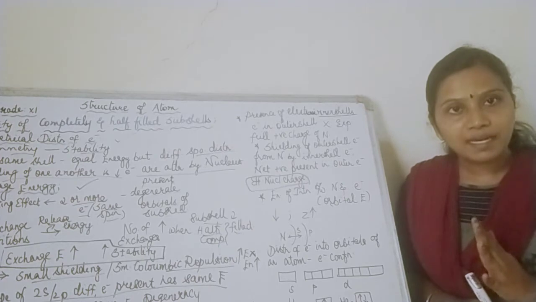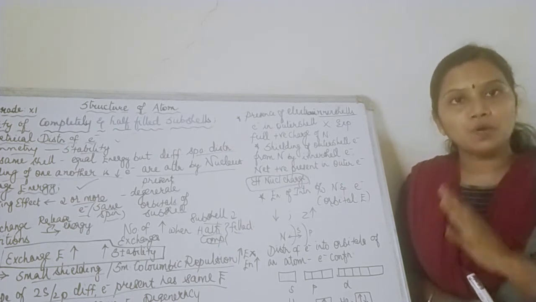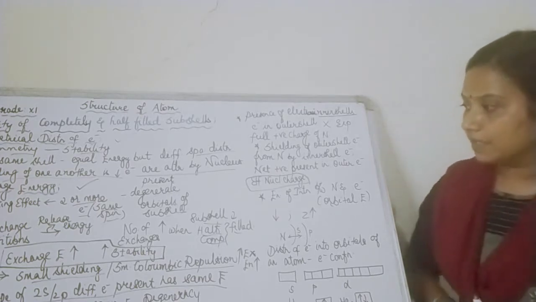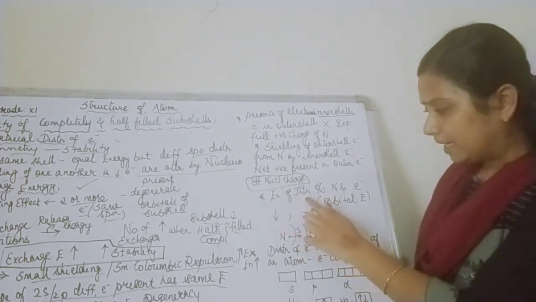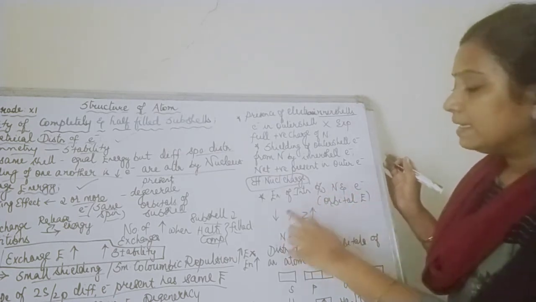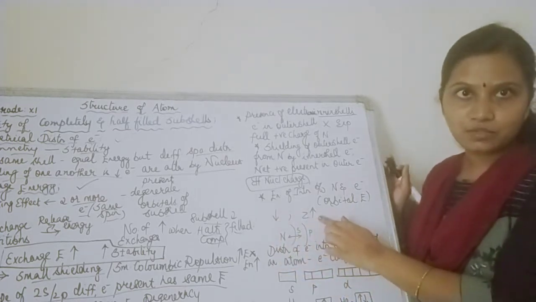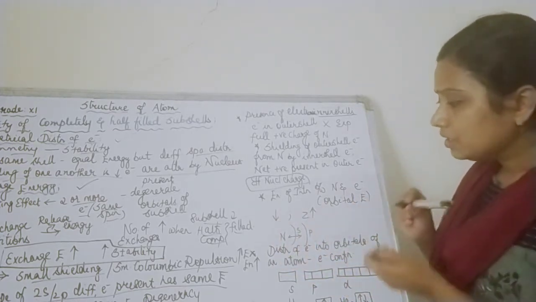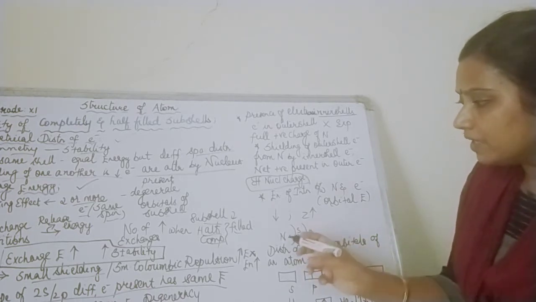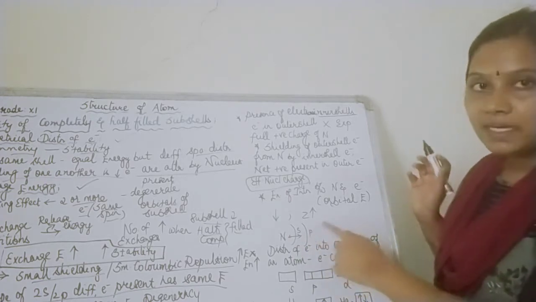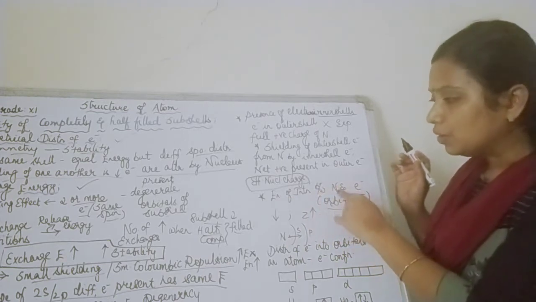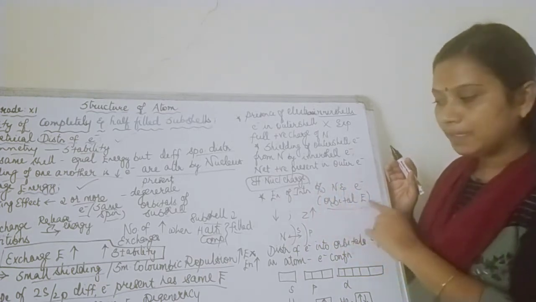The presence of inner-shell electrons reducing the exposure of outer-shell electrons to the nucleus, or to the net positive charge, is called the shielding effect. Now, the energy of interaction between the nucleus and the electron is less when the atomic number is less. This energy of interaction between the nucleus and the electron is called orbital energy.